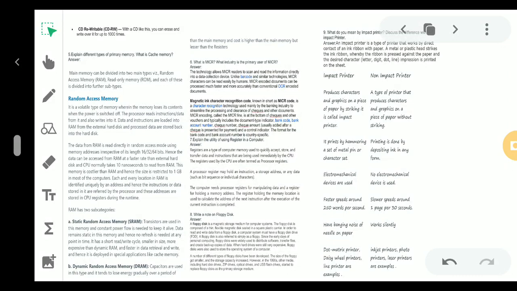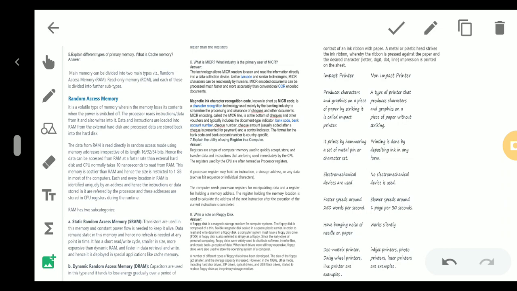Then you will add the other parts, like DRAM and RAM, and then you will also write the ROM classification. ROM can be divided into different parts: PROM, EPROM, EEPROM, UVPROM. That is not present over here, but you will also mention these classifications of read only memory. We have to mention both ways.